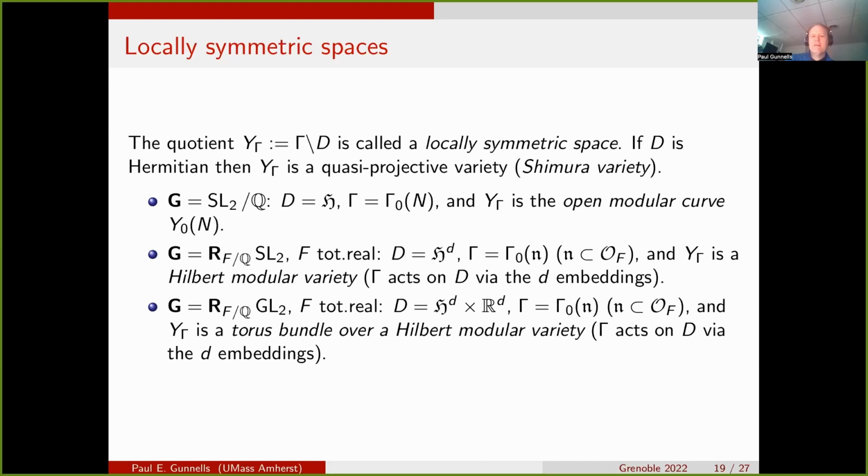So that extra flat factor, the action on that is really coming from the units acting on it. And so when we take the quotient, we get a torus. Because there could be some twisting in this, it doesn't have to be a product of the Hilbert modular variety with a torus. We could get a non-trivial fiber bundle over it, okay? So of course, in that case, it's not an algebraic variety anymore, but it's pretty close to one because sitting under it is this Hilbert modular variety.